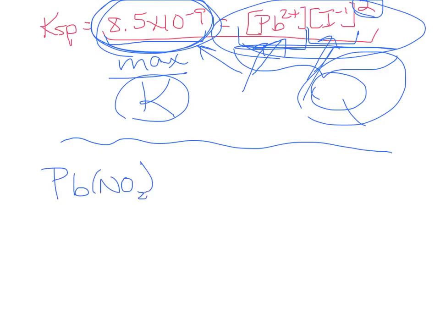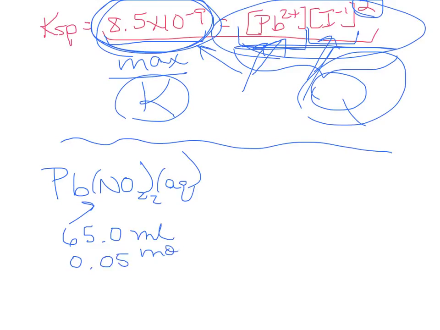So if you go back and read the problem, you can see we added that. That is totally soluble. So going back to the problem, it told us that we started with 65 milliliters of lead nitrate and that the concentration of that 65 milliliters was 0.015